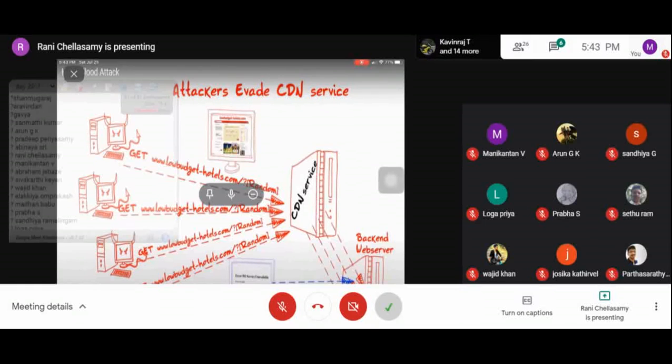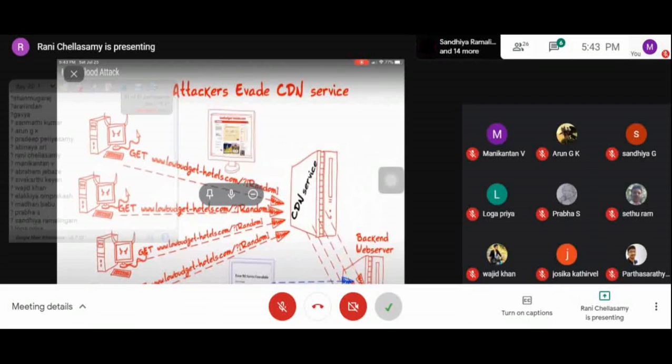Also, the CDN serves a large portion of internet content today, including web objects such as text, messages, graphics, and scripts.